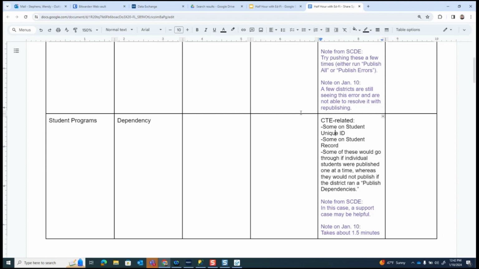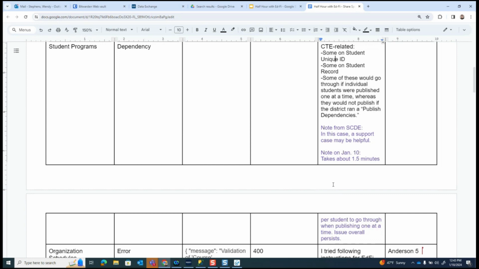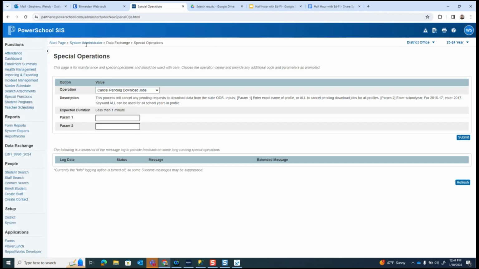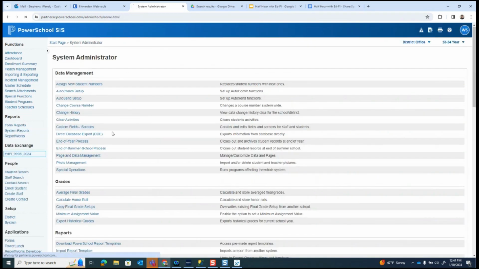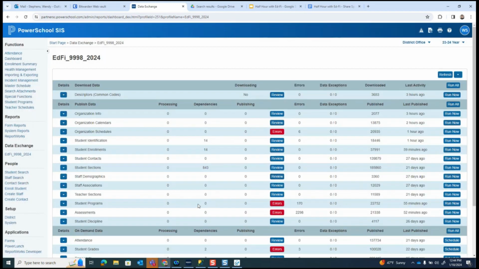I'm wondering if some of the special operations might help. Is Brett here with us? I think I used a special operation the other day that might not have been just the ticket. Do you know if there's a special ops that would fix that? The only one I have is the unpublished and eligible. I'm trying to think what else. Oh, sorry, that's from the dashboard with the unpublished. So a lot of times with the special operations, I work through there when things might get stuck in publishing.